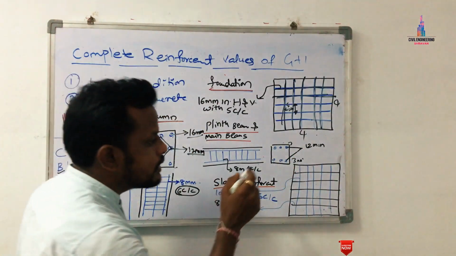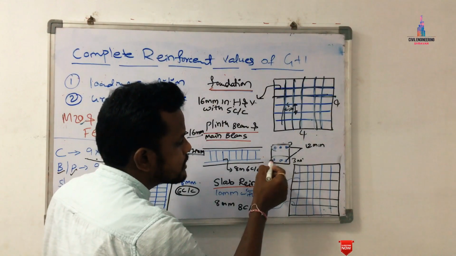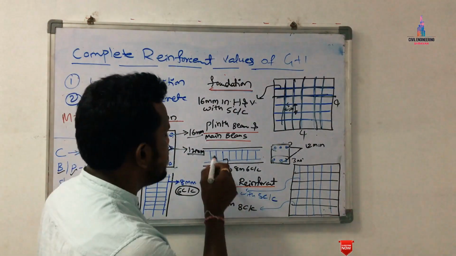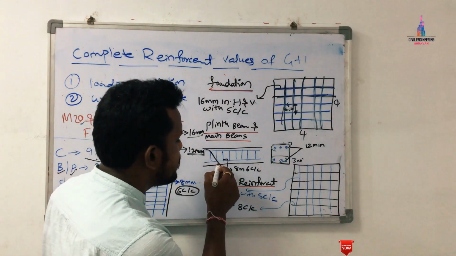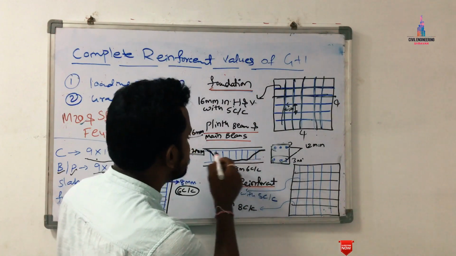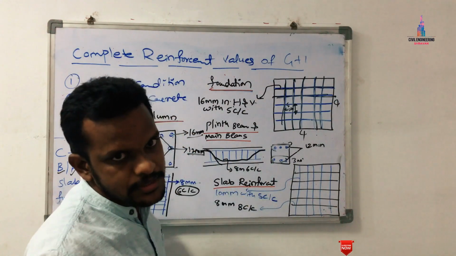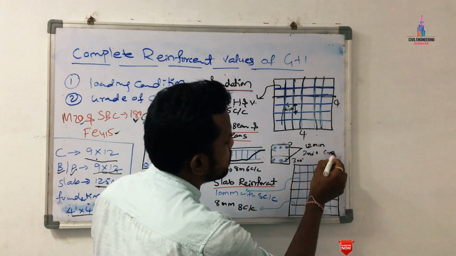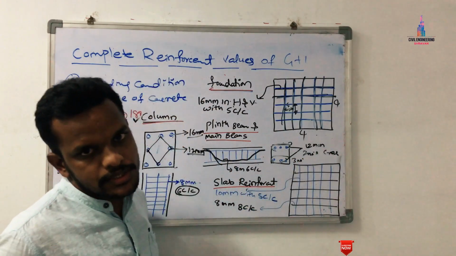Okay, so along with these respective 6 bars, we will provide at least 2 cranked bars for the beam sections, the main beam section. Why? Because the loading distribution will be applied along this respective direction, so that's why we have to provide the cranked bars here, at least 2 numbers. Remember this point.